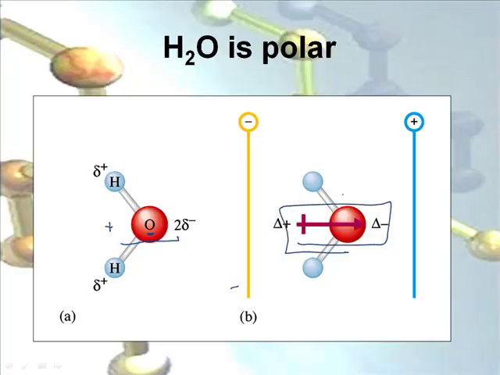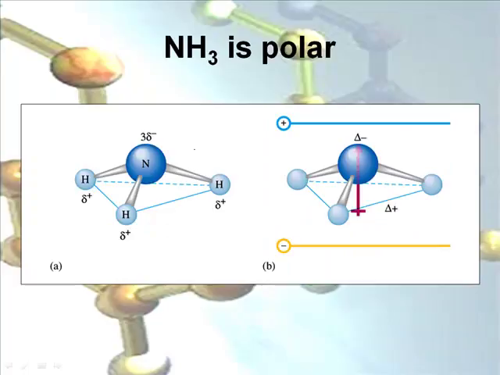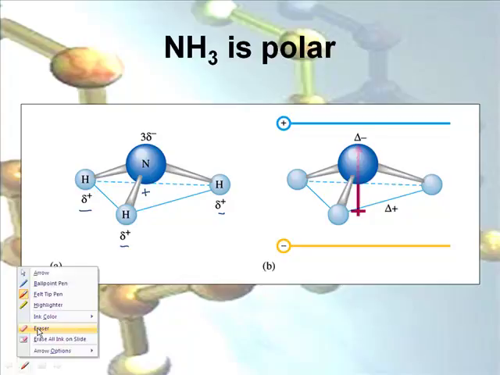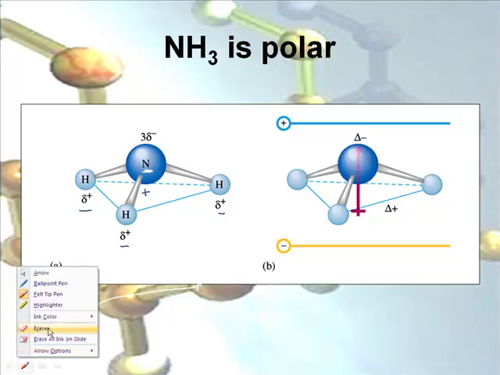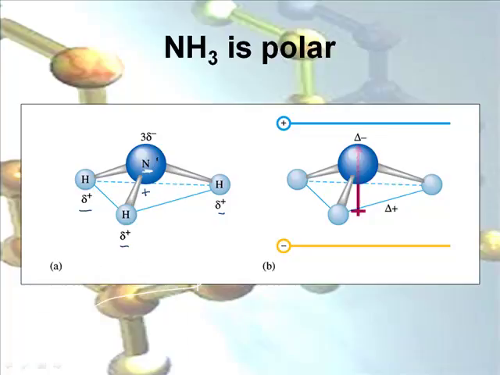Now, here's another example, ammonia, NH3. Ammonia has a pyramidal shape, and these are the positive ends. If you go right in the center, this is where the center of positive charge is, and the center of negative charge would be right on the nitrogen, because it's negative. Are the positive and the negative in the same place? Oh, no. So this makes it a little dipole, and they draw it this way with the little red arrow.